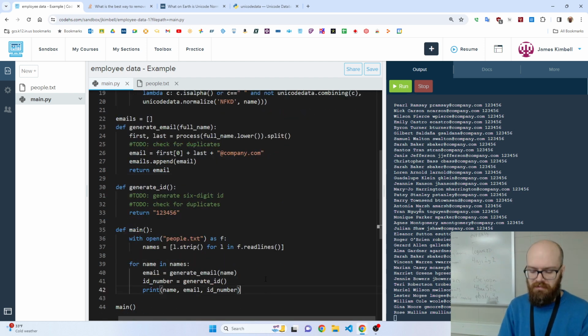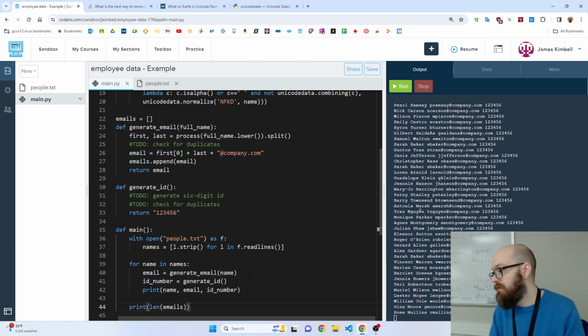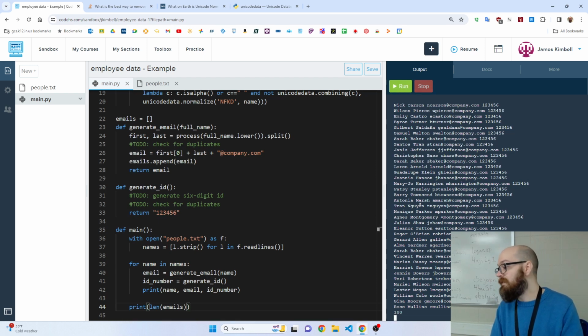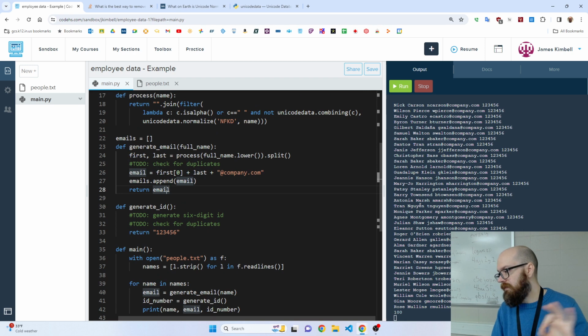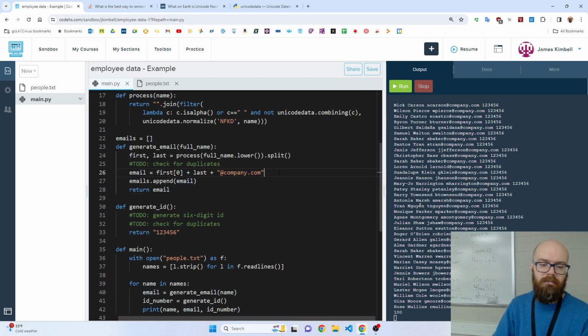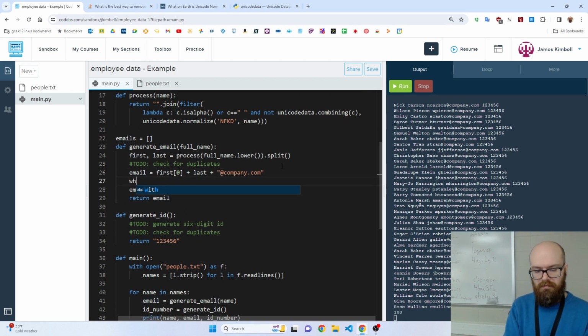And in our main, let's just real quick print the len of emails, because it should be 100 after we put them all in the list, right? Okay, it is. That doesn't say anything about whether they're any good, but that's something. So now we have to insert between these steps, hey, if it's already in the list, we got to do something else. Okay? So while email is in emails,